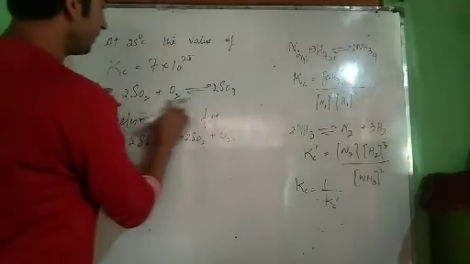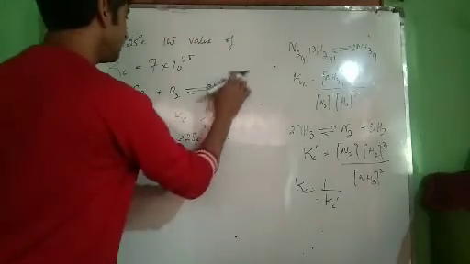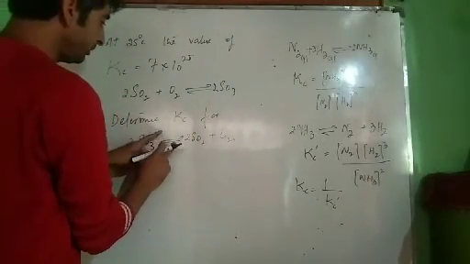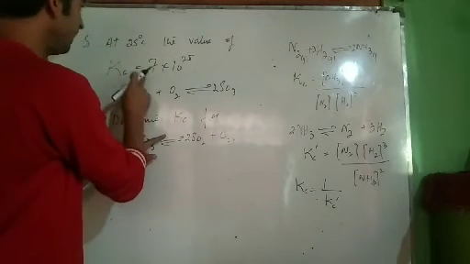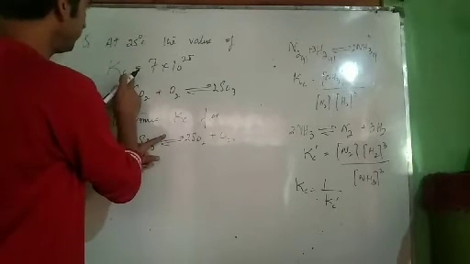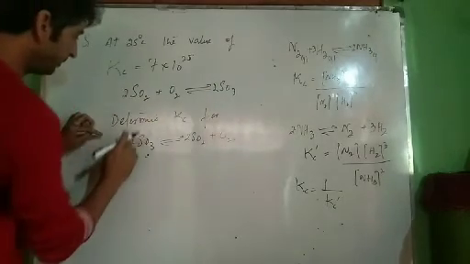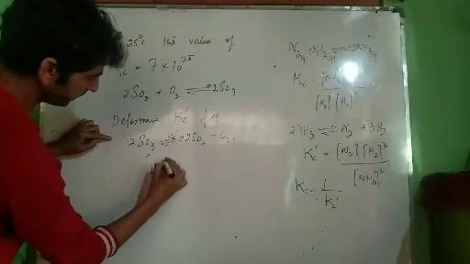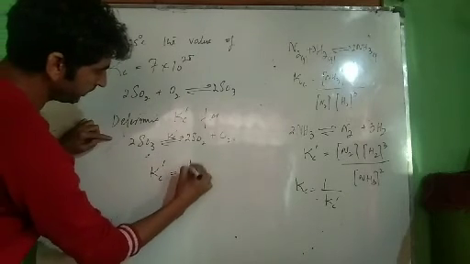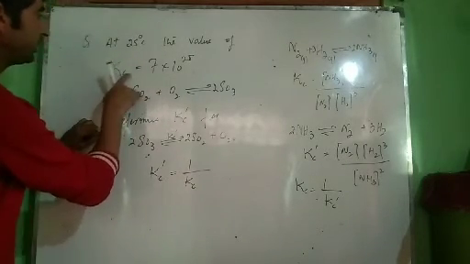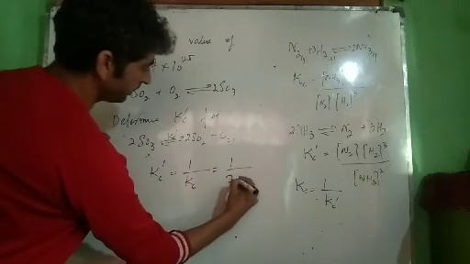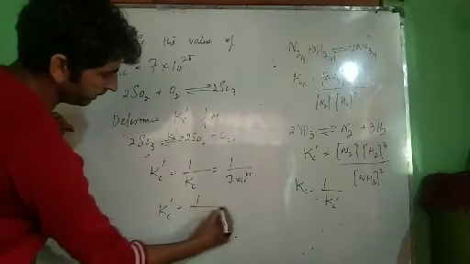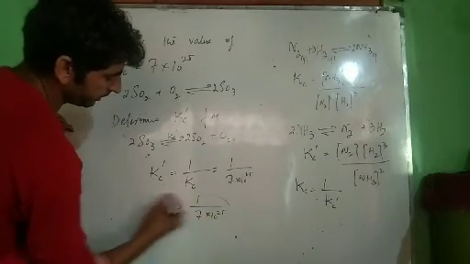Now see, this is the forward reaction. Check minutely. This is the one reaction and this is the reverse of this reaction. When this is the case, the equilibrium constant for the reverse reaction is equal to 1 divided by the equilibrium constant of the first reaction. Therefore, if I write Kc dash for this equilibrium constant, then Kc dash, or Kc second, will be equal to 1 divided by Kc. Now what is Kc? Kc is 7 into 10 raised to power 25. Now this will be the answer. Kc dash will be equal to 1 divided by 7 into 10 raised to power 25.